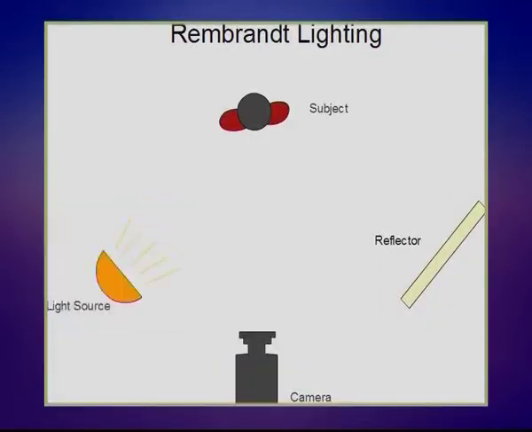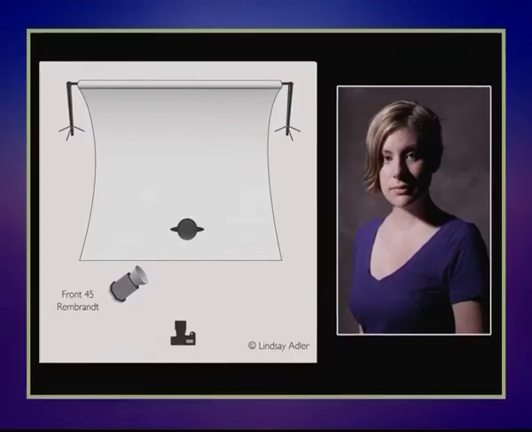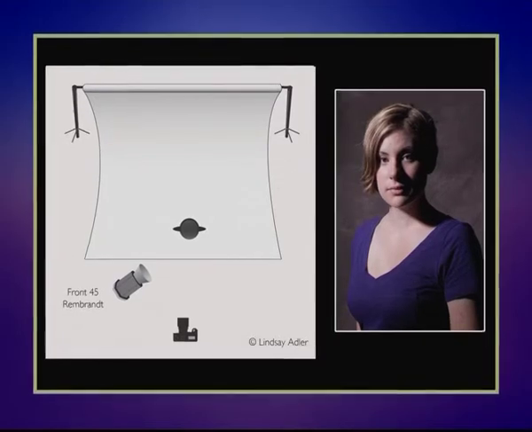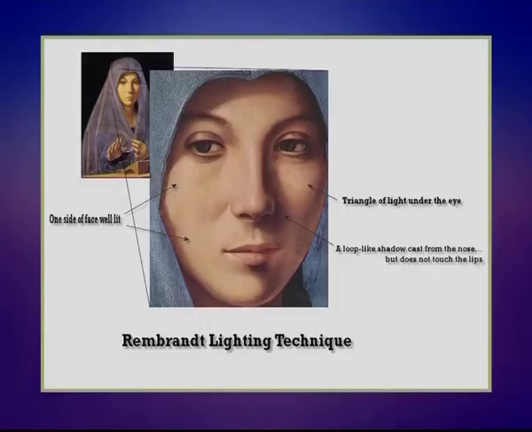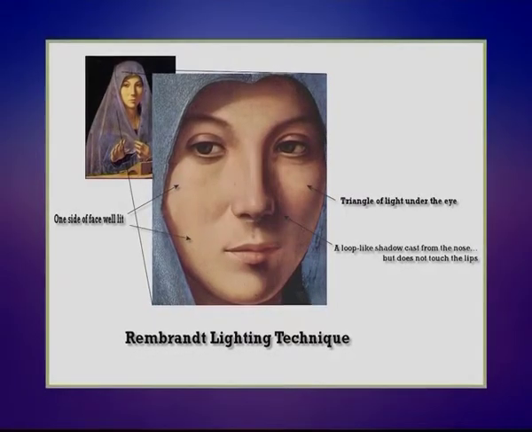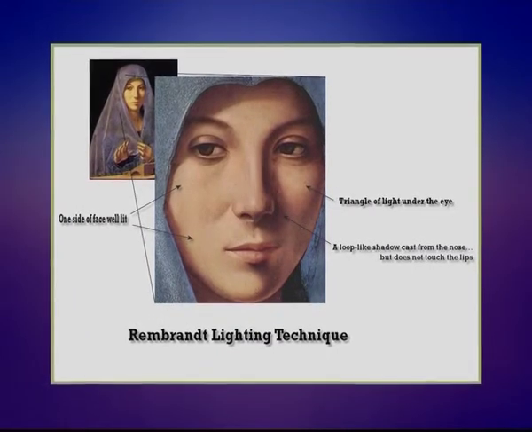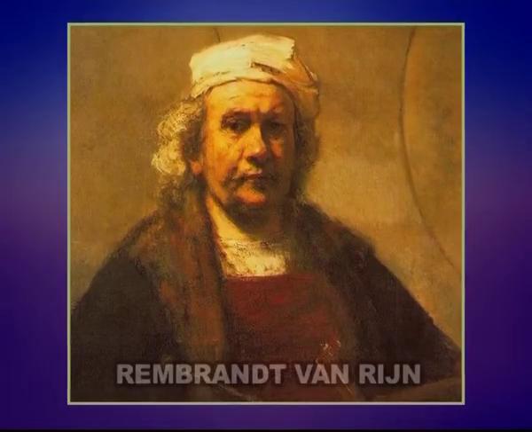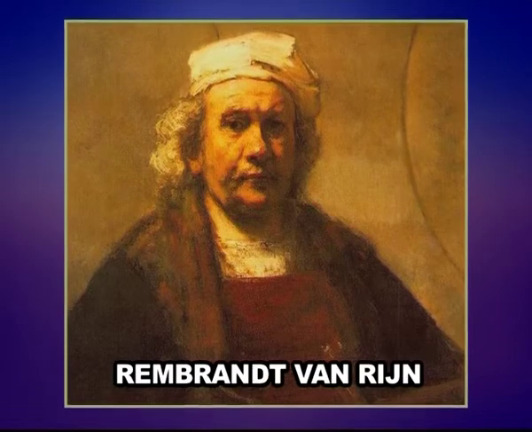It can be achieved using one light and a reflector or two lights and is popular because it is capable of producing images which appear both natural and compelling with a minimum of equipment. Rembrandt lighting is characterized by an illuminated triangle under the eye of the subject on the less illuminated side of the face. It is named for the Dutch painter Rembrandt, who often used this type of lighting.